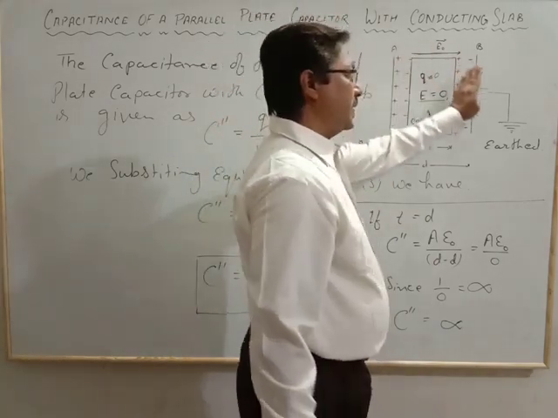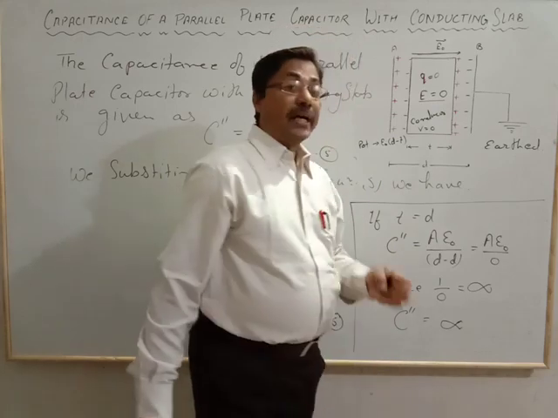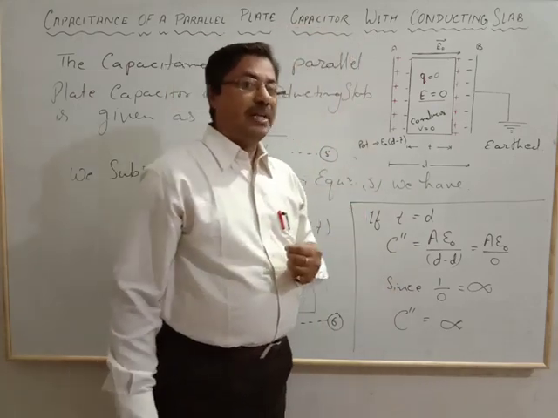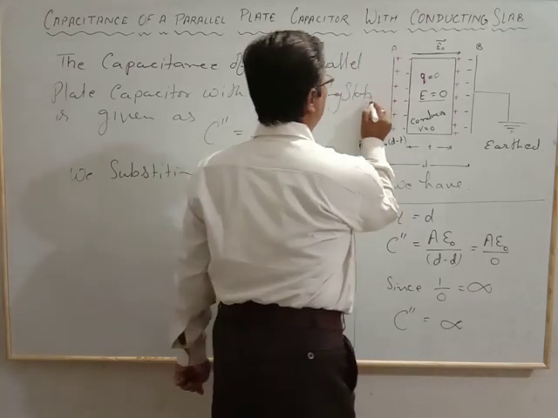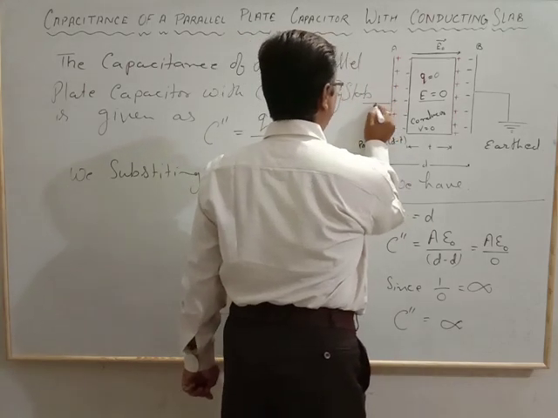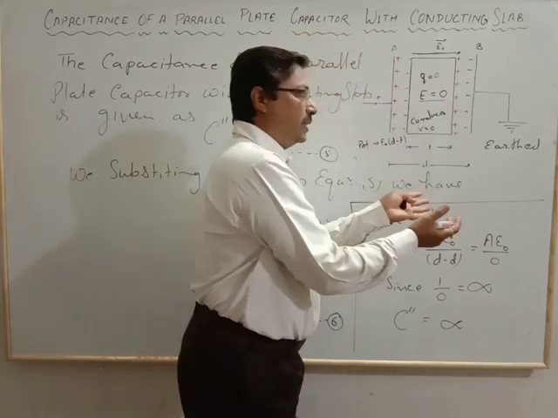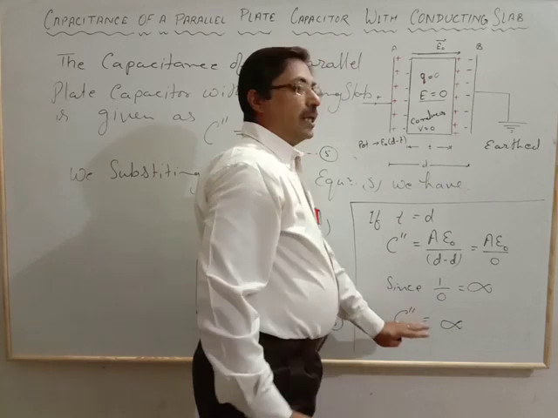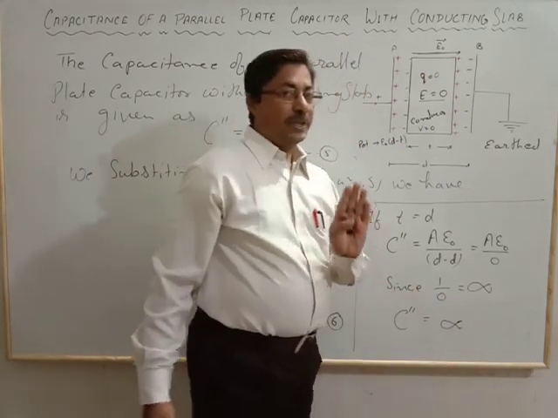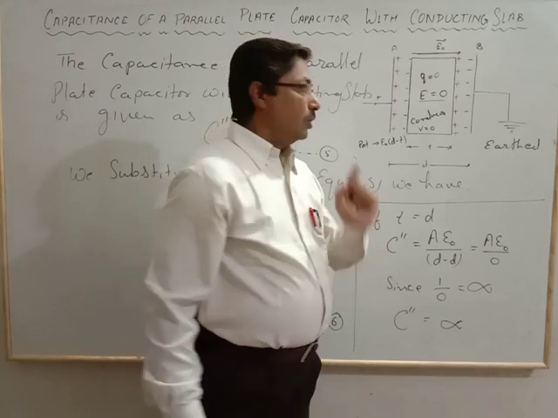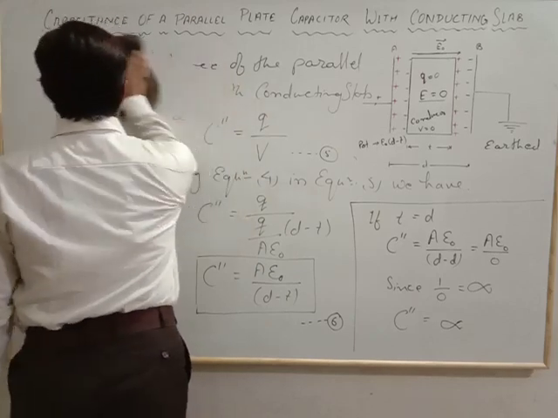When the whole space is covered with the conducting slab, in that case the capacitance, the charge storing ability, will increase up to infinity. That means whenever the charge is provided to this one, it will accept the charges continuously, up to infinity. Now the question arises, how did it happen? For that, just see another figure.